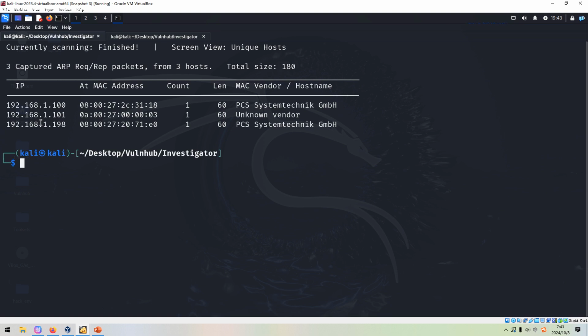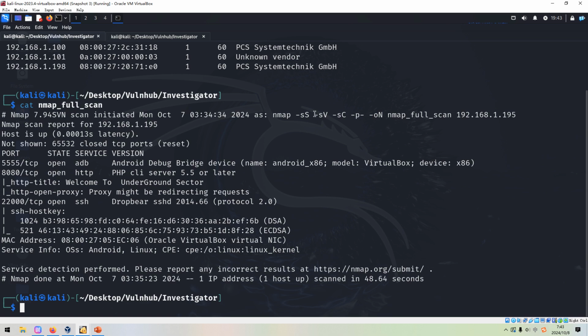We need to do the port and service scanning with Nmap. Again, to save time in this video, I've already completed it before, so for now we just get out its result. As you can see over here, I used options like the SYN scan, the version scan, the default script scan, followed by -p- to do the comprehensive, full range port scan. The last option is -oN to output the result into this file. Afterwards we can read the result from this file. Although, as you can notice here, the IP address of the target has changed from the first time when I did the machine.